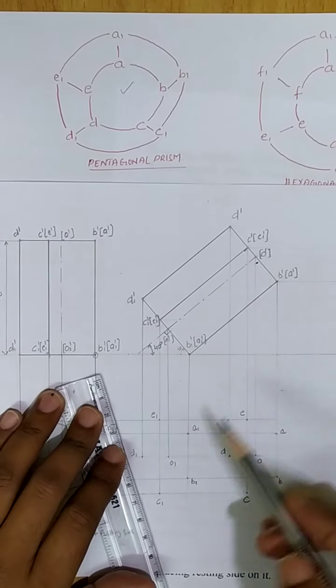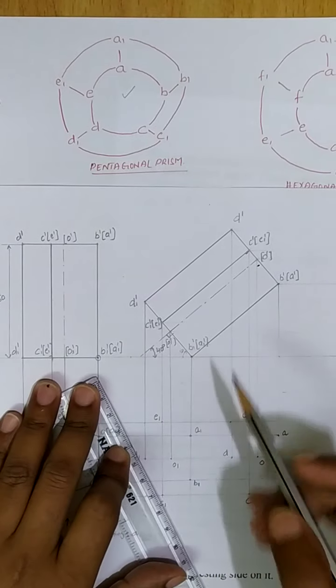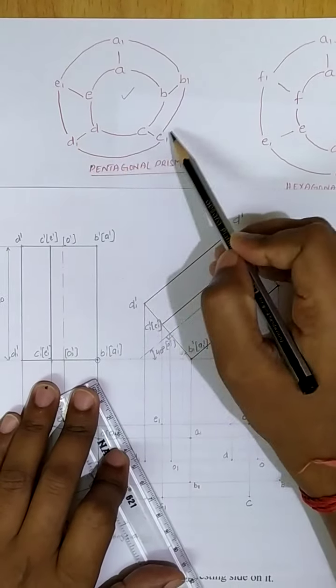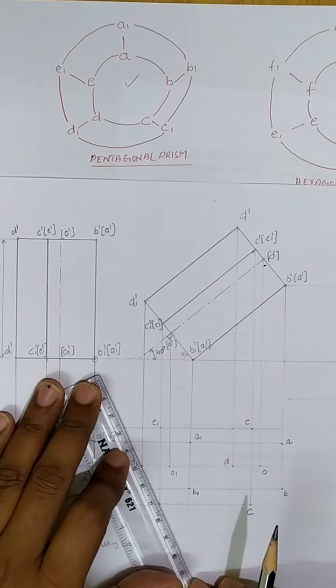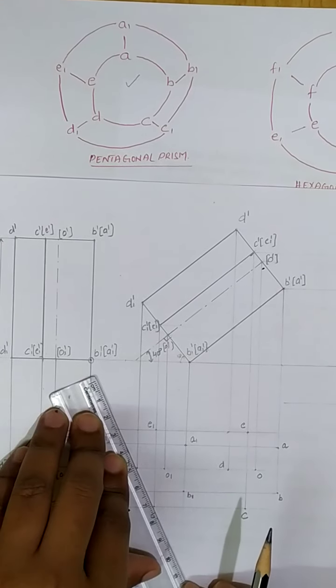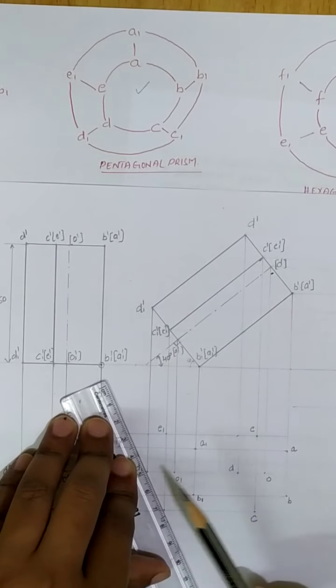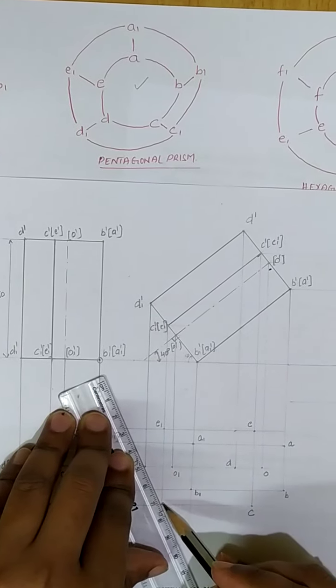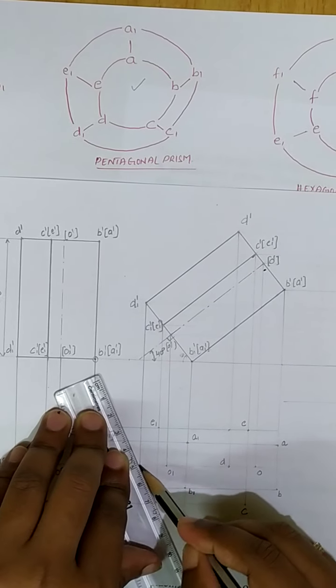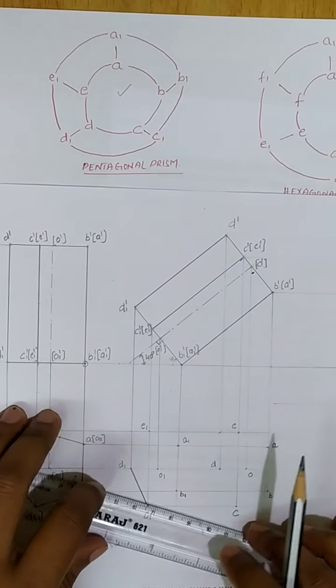If I take D1 and C1, there will be a connection between D1 and C1. So I can place the scale between D1 and C1. If I place the scale between these two corners, I get all the remaining corners on the same side of the scale. Hence this line will be my boundary line. In this way we need to draw all the boundary lines.